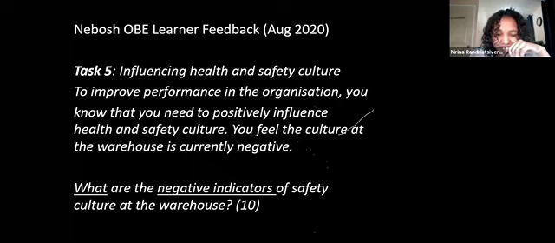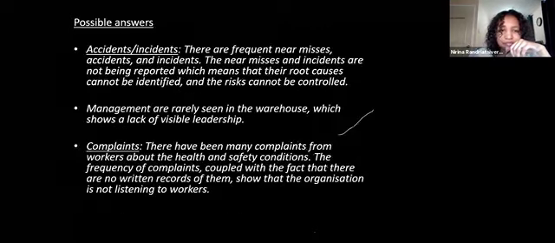What negative indicators? And it's not negative indicators in your company, it's not negative indicators in general. We are here focusing on the given scenario on the warehouse. So 10 marks means you need to actually at least provide 10 different indicators. So possible answers: accident and incident,